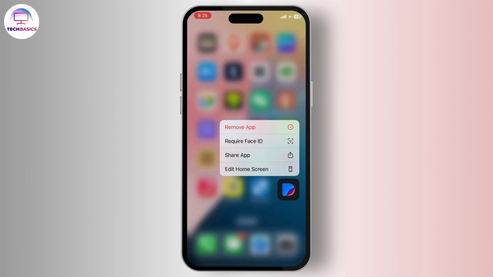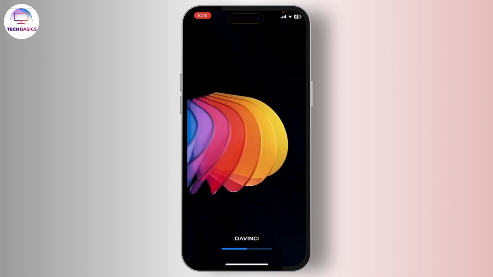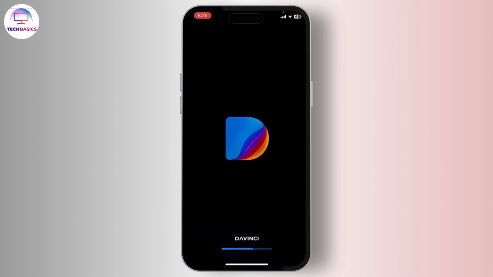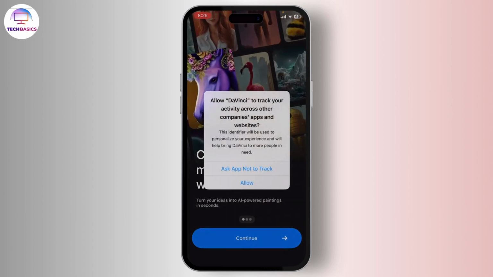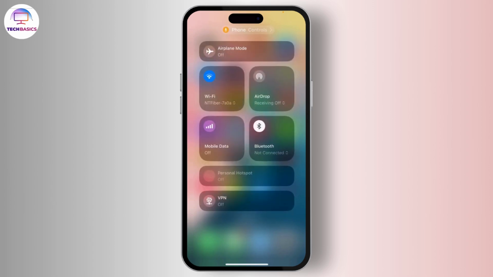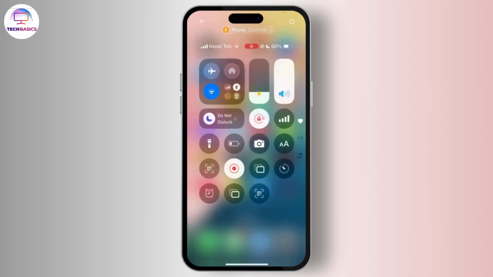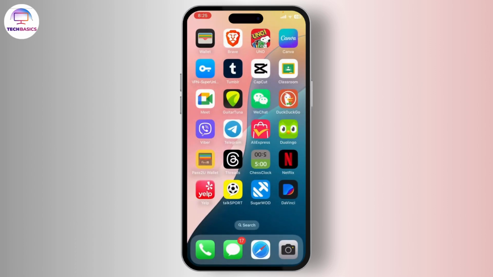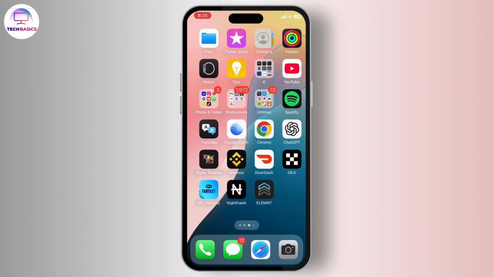Is your DaVinci app not working and crashing or giving you errors time and again whenever you try to use it? This is what you'll have to do. So first thing that you might want to do is make sure that you have good internet connection. If your Wi-Fi does not work, you can use your cellular data as well. After you've done that and made sure that network is not an issue and it still does not work, what